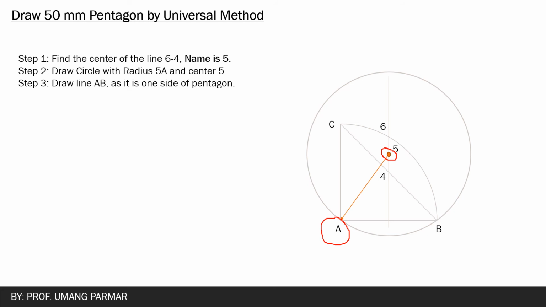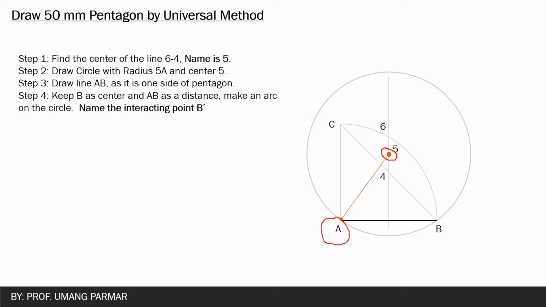Again, we will have the dark line A to B as it is one side of the pentagon. The same procedure I will follow. I will take point number B as my center and make an arc of the distance AB on my circle.